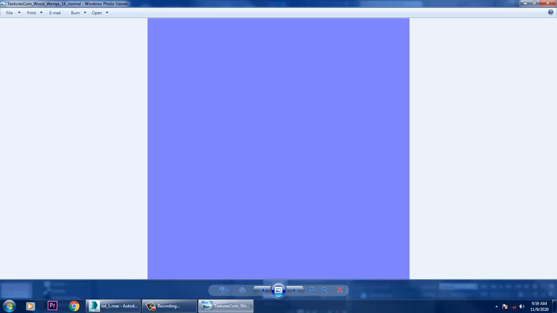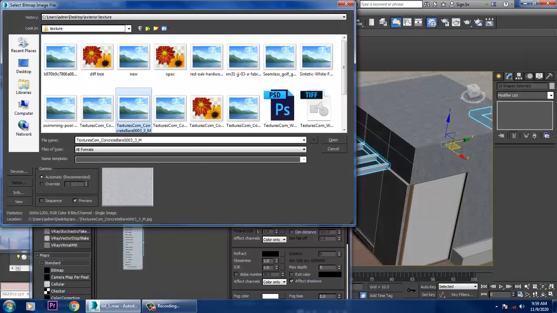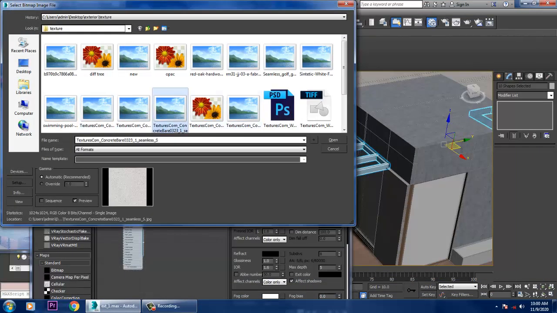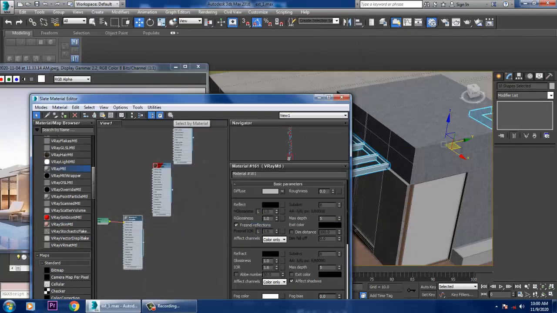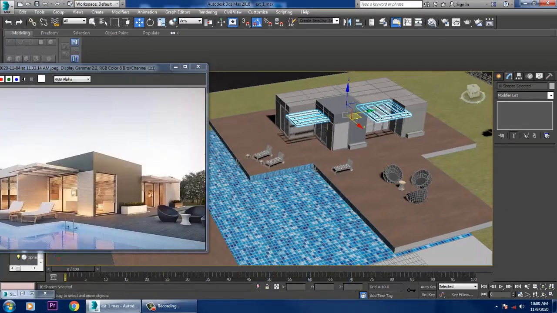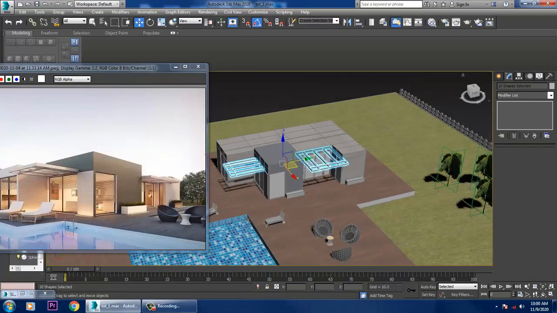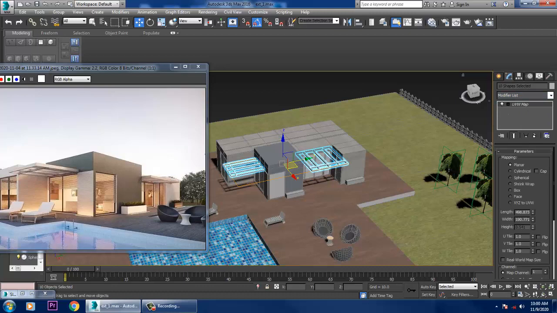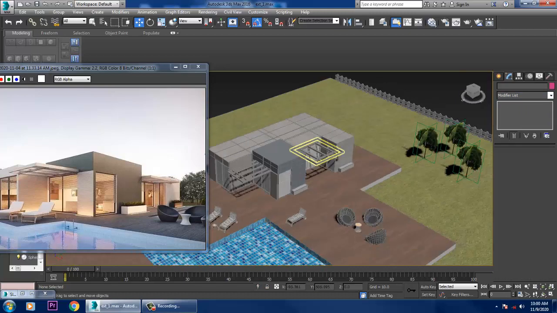You can go with this texture also, that's your concrete one. Just assign the textures over here and give a UVW map. Set it as a box.